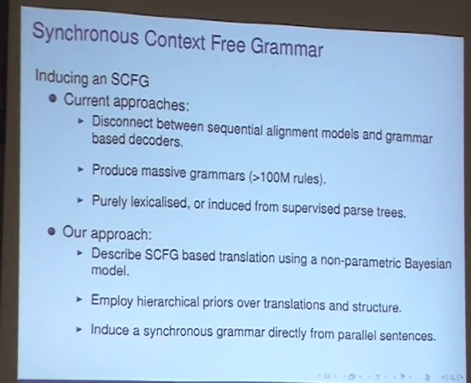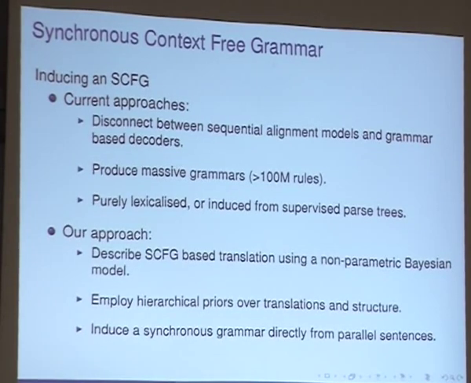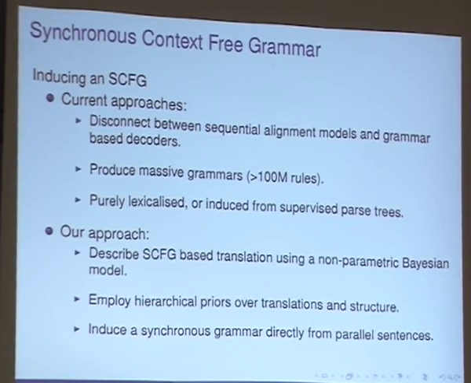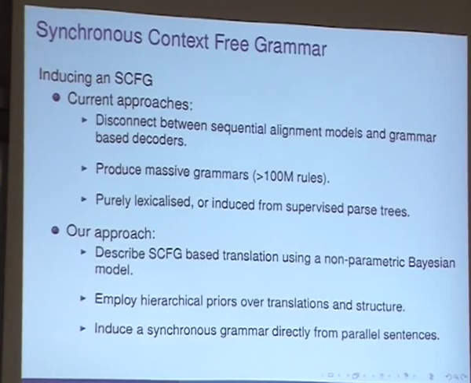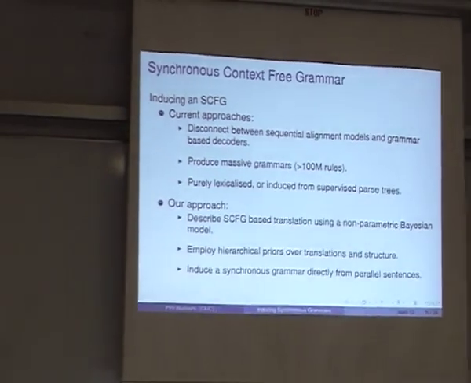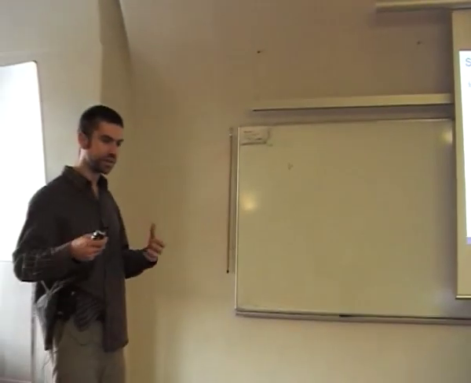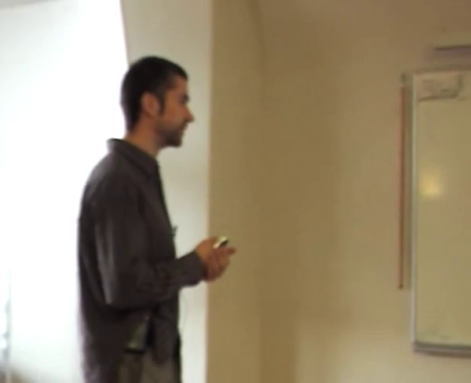So current approaches to inducing grammars or phrase tables, one, they're based on heuristics. We first use something like GIZA to align data. We then use a different heuristic to extract translation rules from that. If you're familiar with David Chiang's Hiero, we have certain ways of extracting synchronous grammar rules from aligned corpora. And these models don't match each other. So although your synchronous grammar might be able to do a long-distance reordering, your GIZA alignment model can't. So if you're learning your synchronous grammar from an alignment model which can't actually model a phenomenon, you're never going to be able to model it in your synchronous grammar. So you need some match between the approaches.